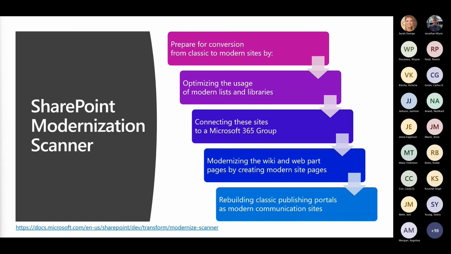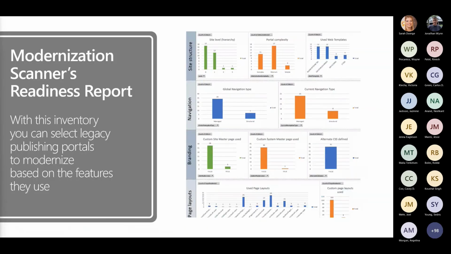Another great one is if you are using InfoPath forms, again, kind of a different subject. There's also a scanner report to see how much InfoPath is being used in each of your different site collections, so that you can do those conversions as well. Those are just some examples of the SharePoint Modernization Scanner. And here's a quick screenshot of what that actually looks like. You can see what navigation is being used,